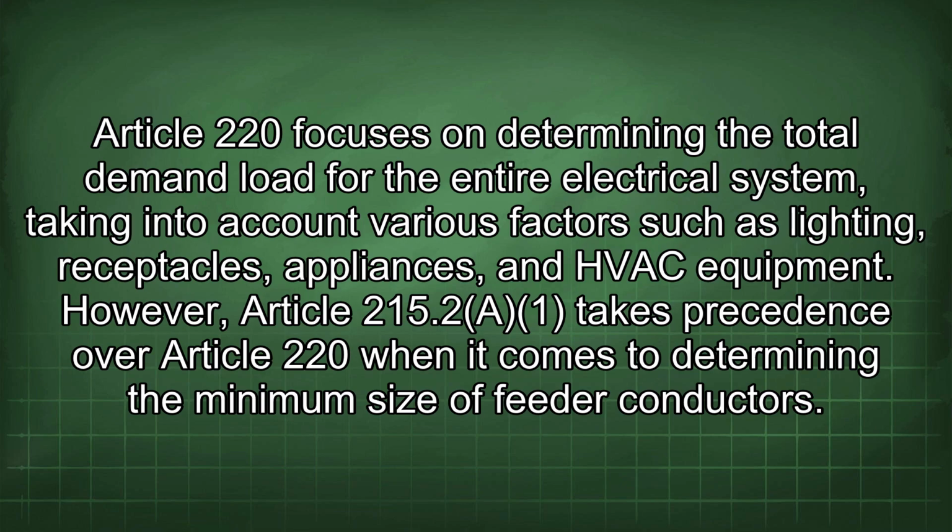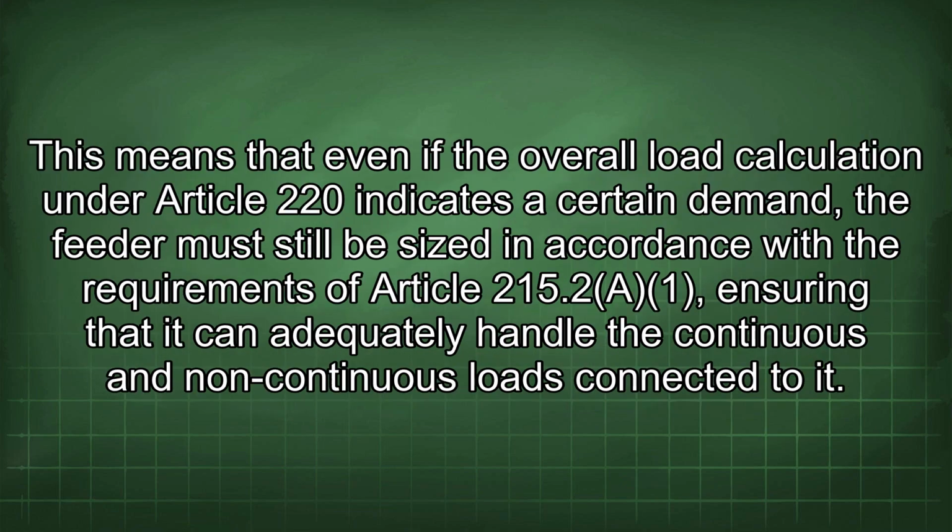However, Article 215.2a takes precedence over Article 220 when it comes to determining the minimum size of feeder conductors. This means that even if the overall load calculation under Article 220 indicates a certain demand, the feeder must still be sized in accordance with the requirements of Article 215.2a, ensuring that it can adequately handle the continuous and non-continuous